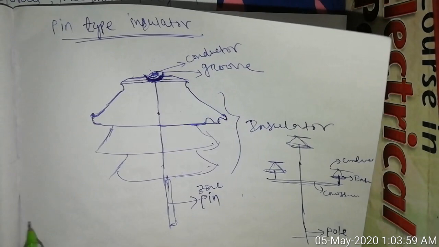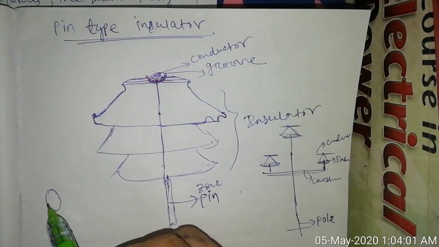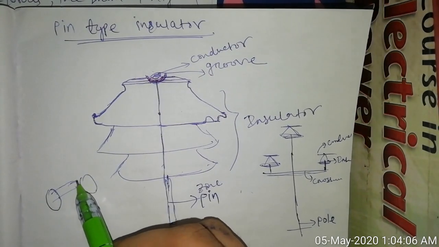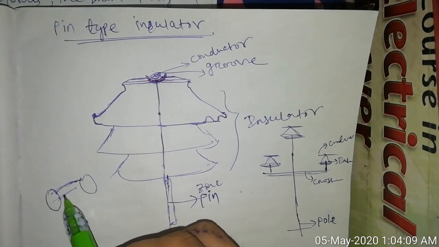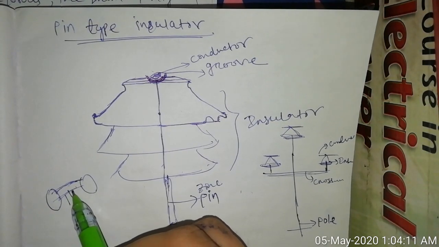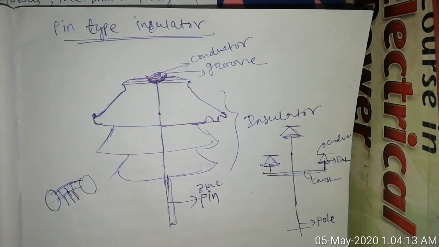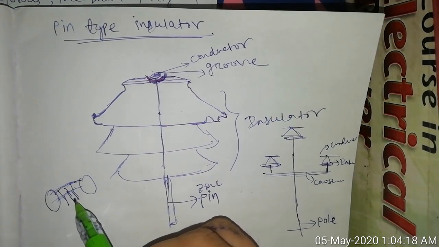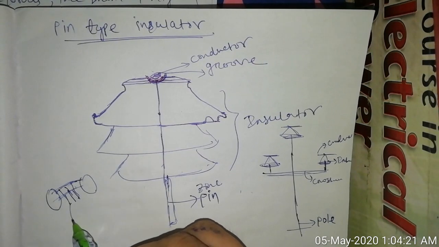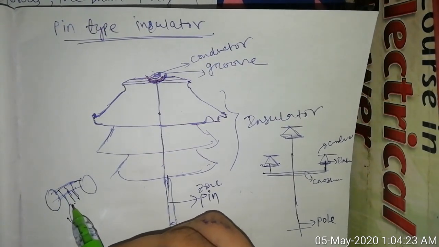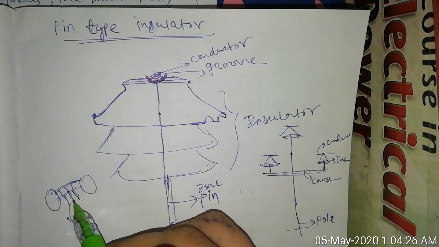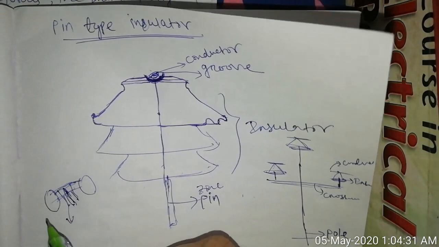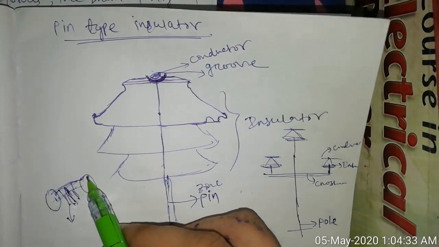When power is generated from a generating station, the power is transmitted to the substation with the help of transmission lines, and these lines are supported by towers or poles, depending upon at which voltage level the power is transmitted. At lower voltage levels, poles are used to carry the power, and for higher voltage levels, towers are used to carry the power from the generating station to the substation.